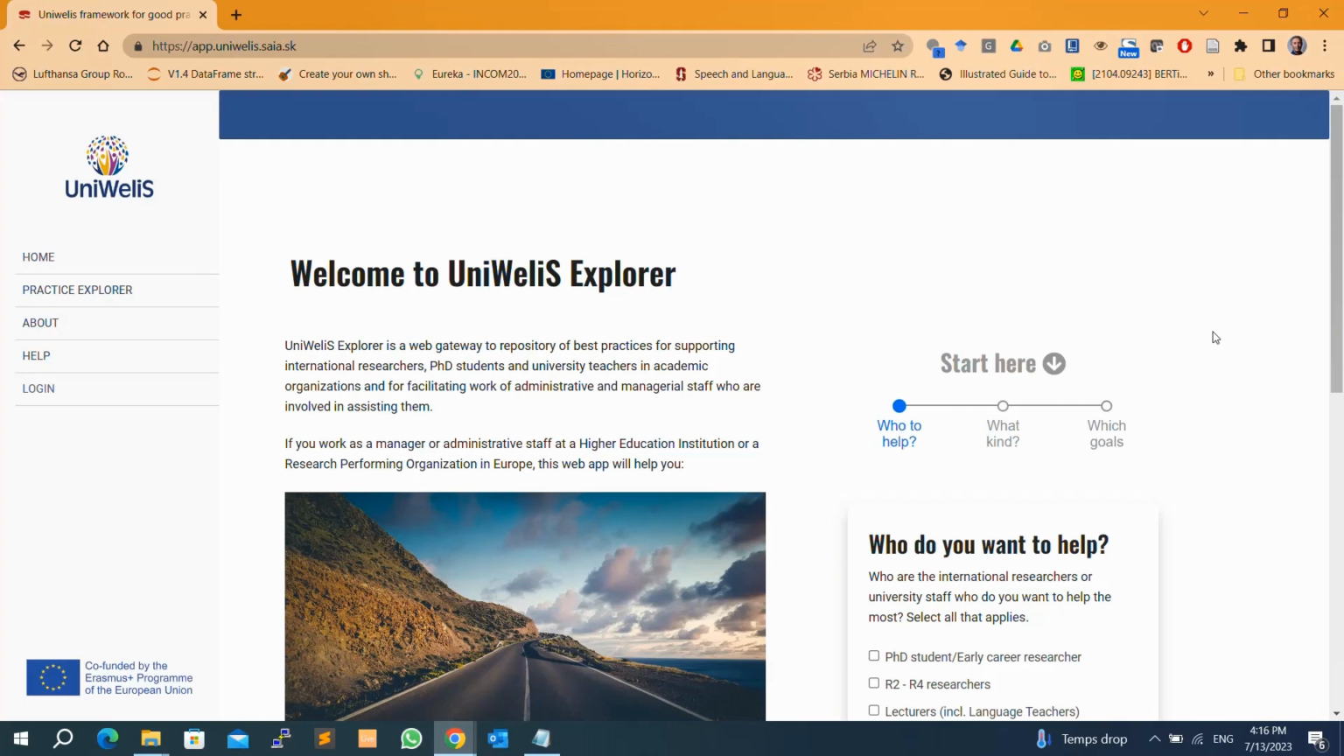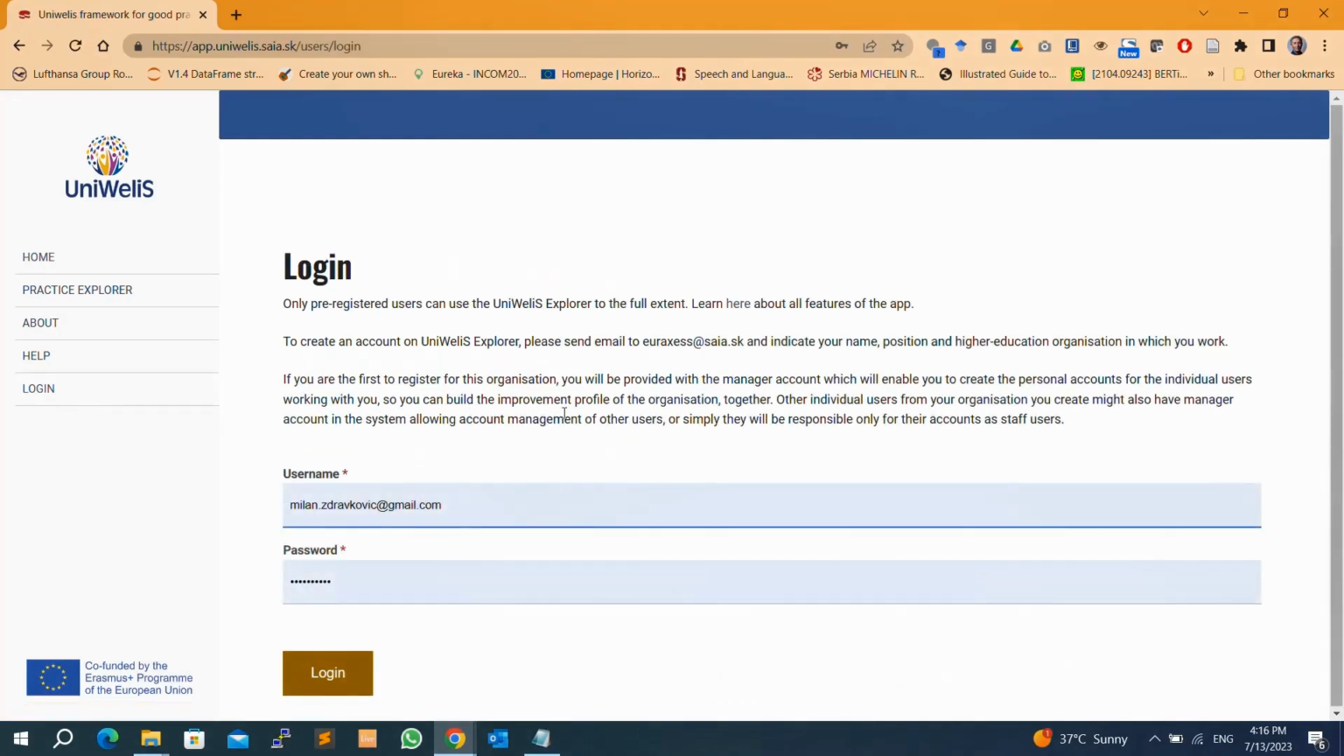So how can you register? On the left-hand side, you see several links like About Uniwelis App, Practice Explorer, which is basically a user interface, similar to this one for finding practices and accessible for anonymous users as well. But at the bottom, you will see a login link. And here you're supposed to enter your username and password. As you can see, there are no links for registration, but you can create an account on the Uniwelis Explorer